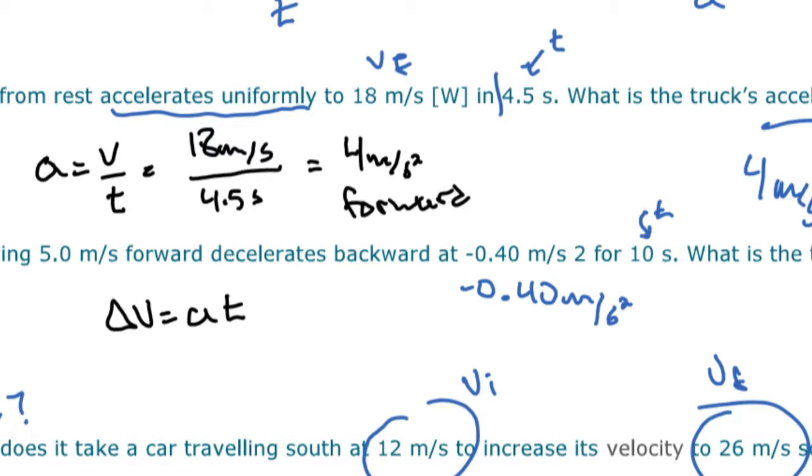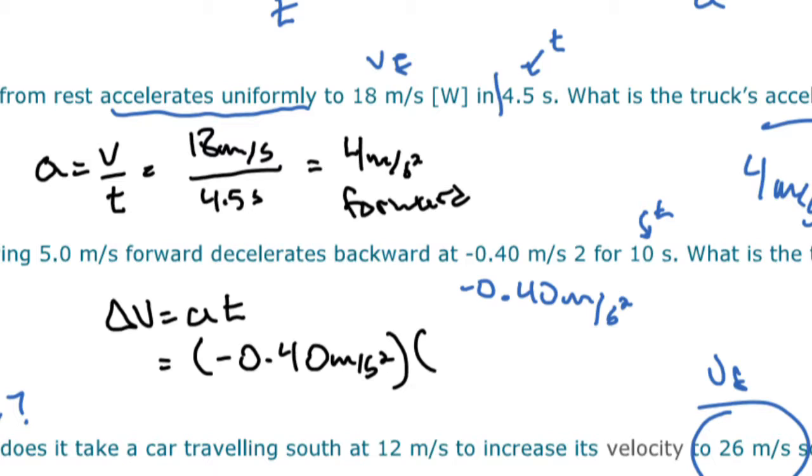So the acceleration in the question is negative 0.4 meters per second squared. How long did that take? That took 10 seconds. So the change in velocity is going to be negative 4